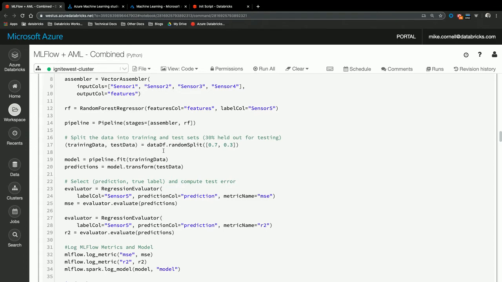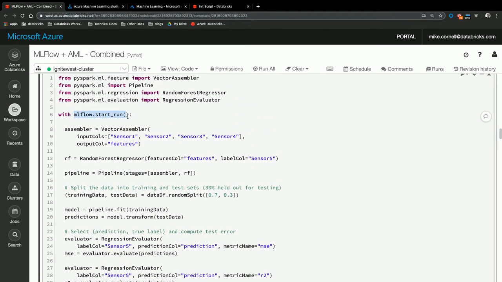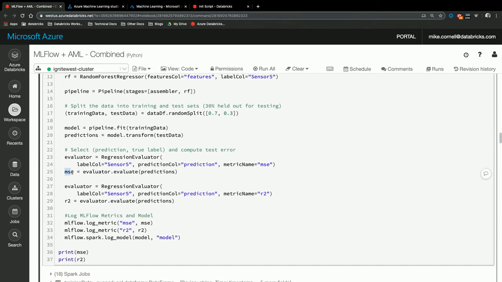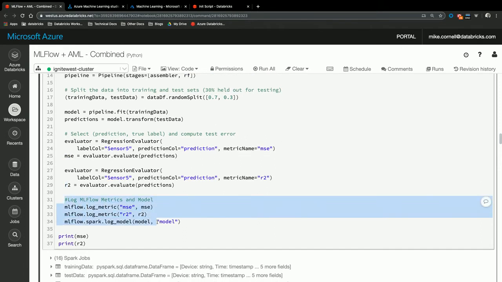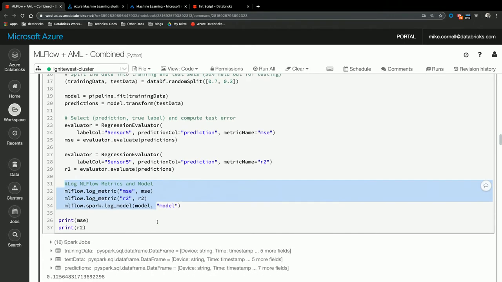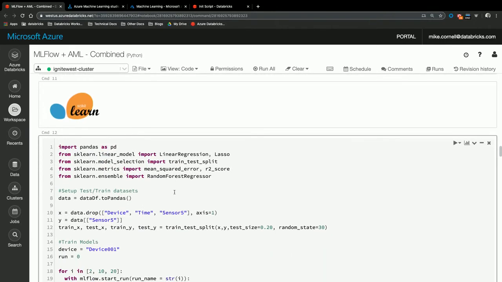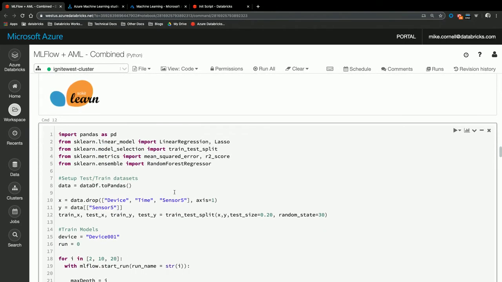Okay? When we do this, we want to log some stuff. We want to log what we did during this training run. So we're going to start this MLflow run, and as we go, we're going to create a model. We're also going to grab the mean squared error. We're going to grab the R squared, and then down here you see we're saying, hey MLflow, we want to log a metric. We want to log the mean squared error. Hey MLflow, we want to log a metric. We want to log the R squared. And then hey MLflow, we want to log this entire Spark model, and we want to log it to Azure ML using MLflow. Okay? So that runs. I didn't run this stuff live because some of these models take a little bit to run, and I didn't want this thing to spin for 40 seconds.